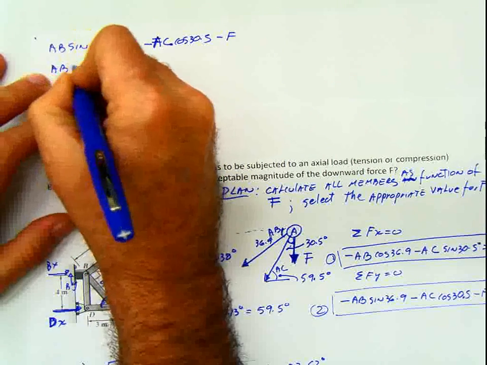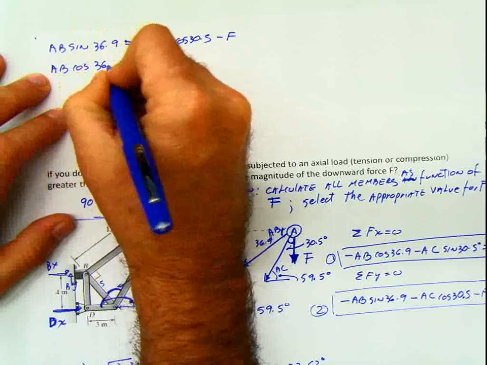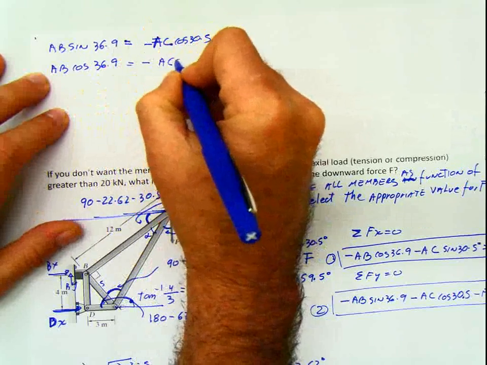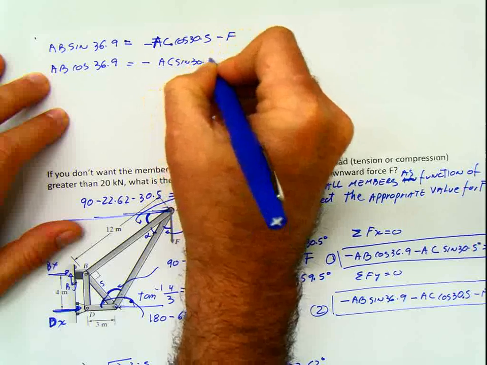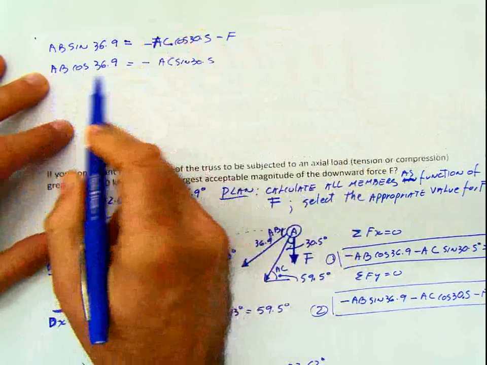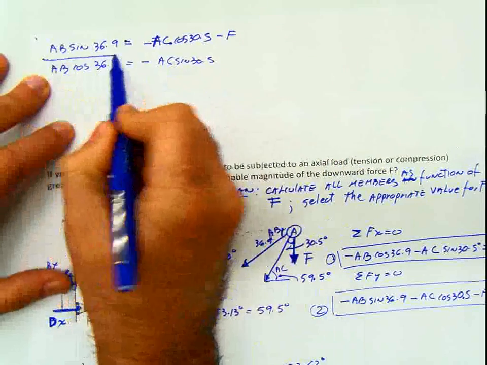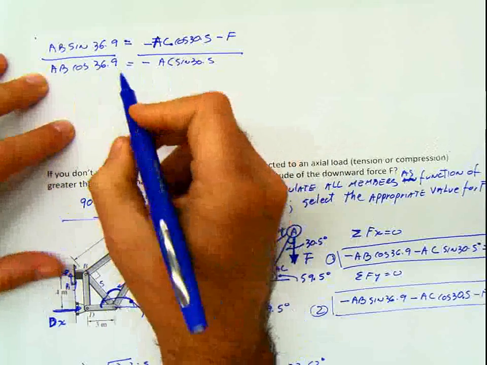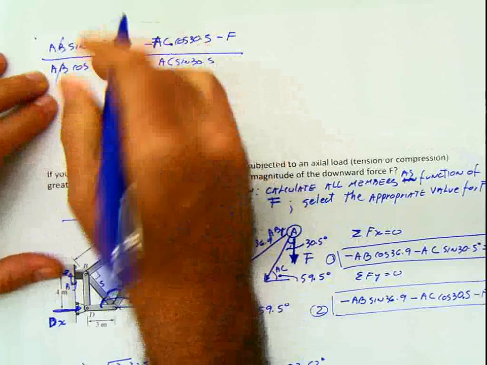So AB cosine 36.9 is gonna be equal to negative AC sine 30.5. And then, as you can see, if I divide term by term, side by side, this and this cancel out, and then I have tangent